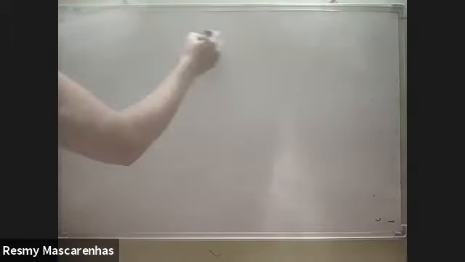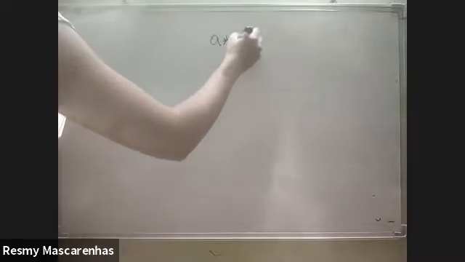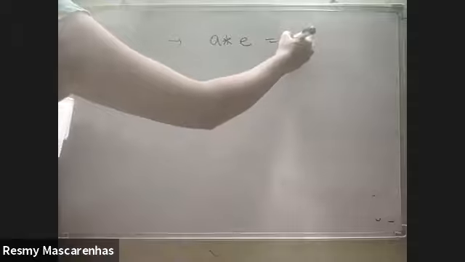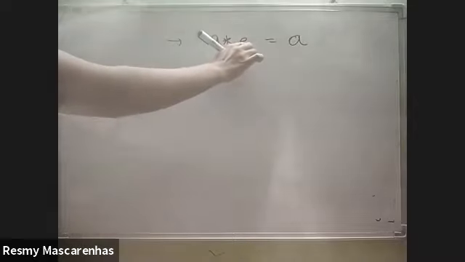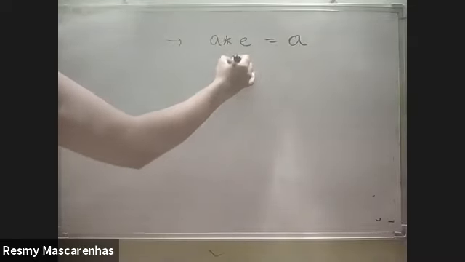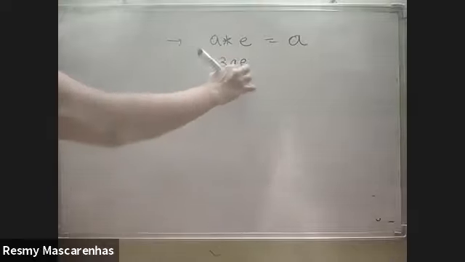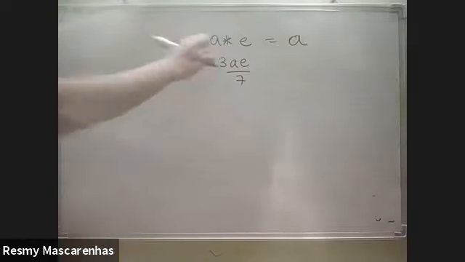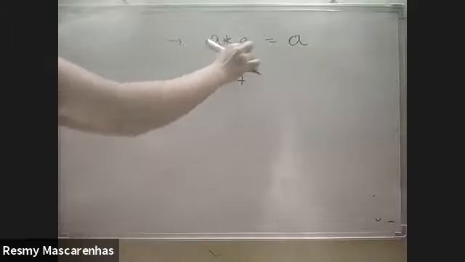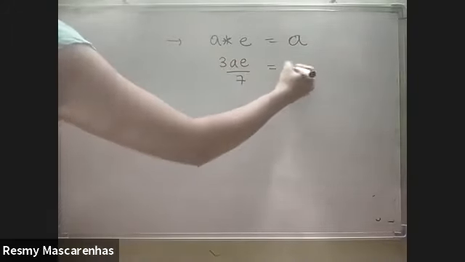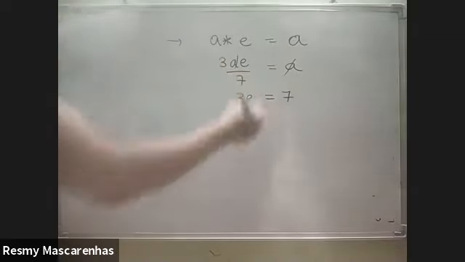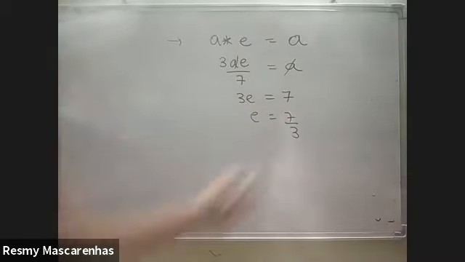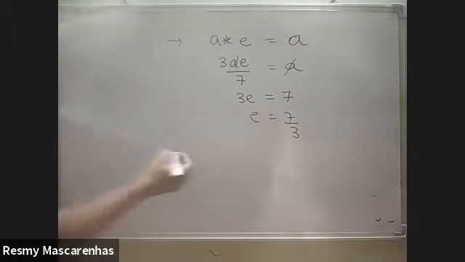Next is to find the identity element. Third part, A star E is equal to A. So now, instead of B, it is E. As per that formula, it will be 3AE upon 7. A star B was 3AB upon 7, so A star E will be 3AE upon 7. So A and A will cancel, 7 will go here, and E is 7 by 3. And for inverse,